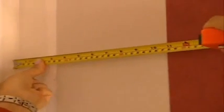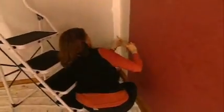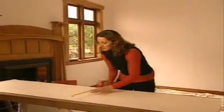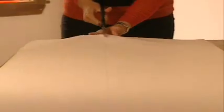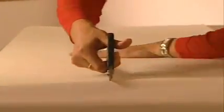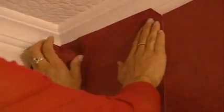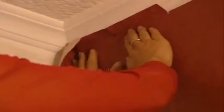The correct method is to measure from the last length into the internal corner. Check the measurement top and bottom and then add 15 millimetres to the widest of these measurements. Transfer this combined measurement to your next length of paper and, using a straight edge and knife, or scissors if you feel confident, cut your strip of paper. Once it's pasted and relaxed, butt it against the previous length and smooth